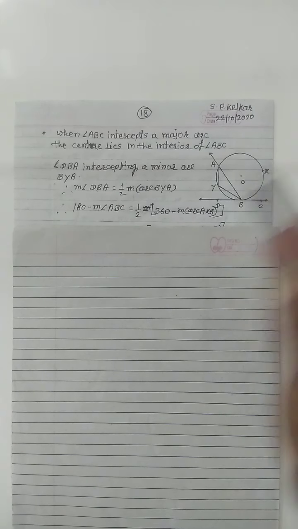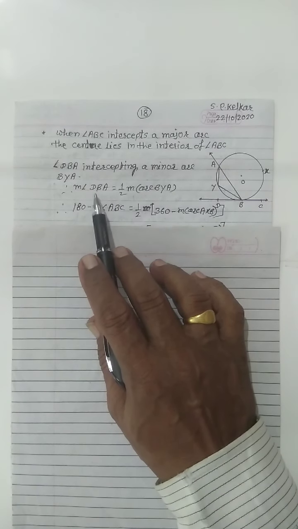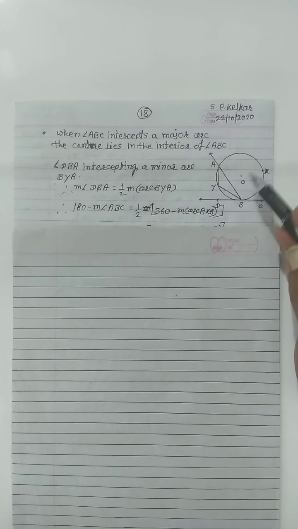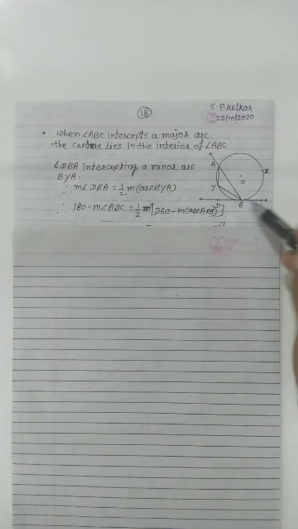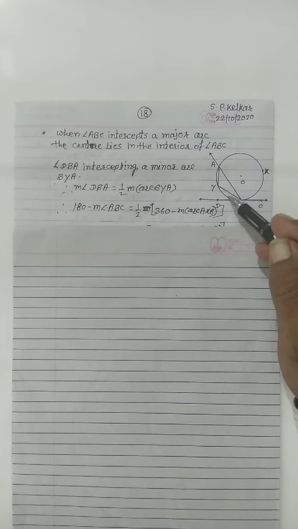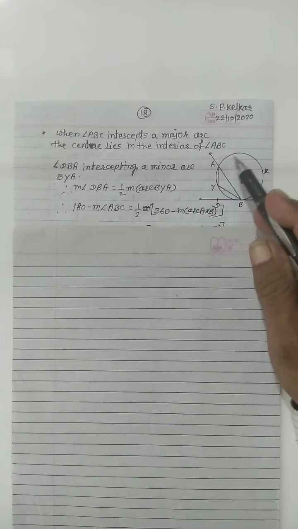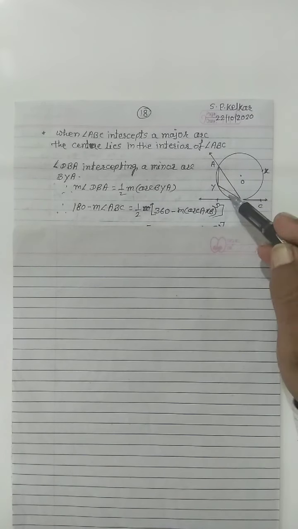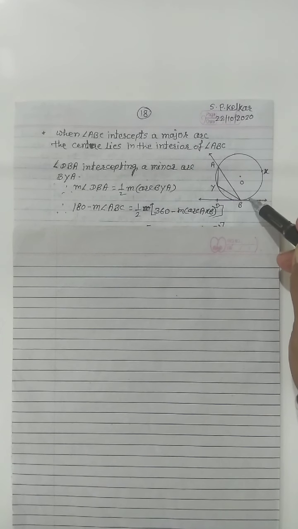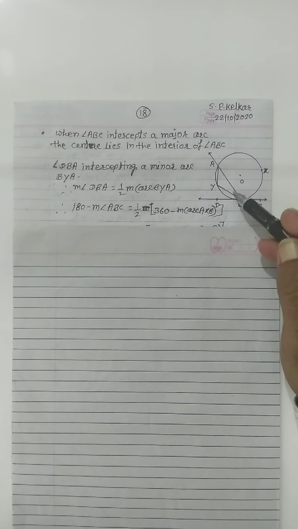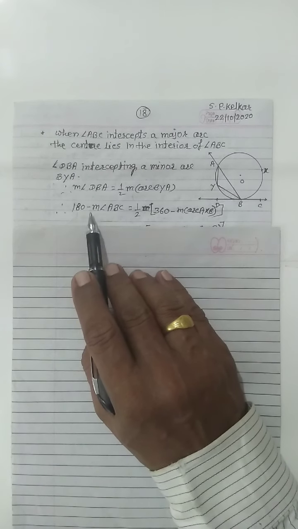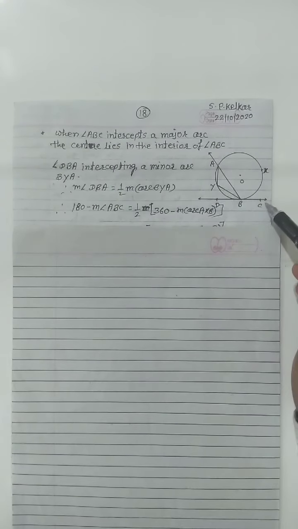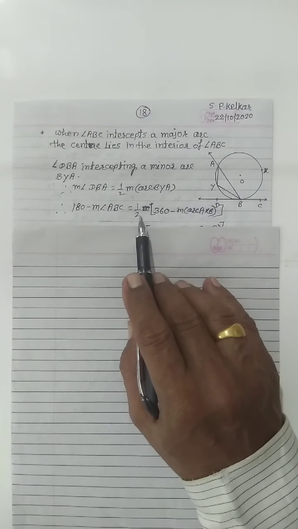BYA. Then we can write down measure of angle DBA equal to, see the angle DBA, for this angle we can write down 180 minus. These are the two angles of a linear pair, ABC and ABD. The sum of the linear pair angles is 180 degrees. Then we write down 180 minus this angle equals this angle. So for this angle DBA we can write 180 minus measure of angle ABC equal to 1 by 2